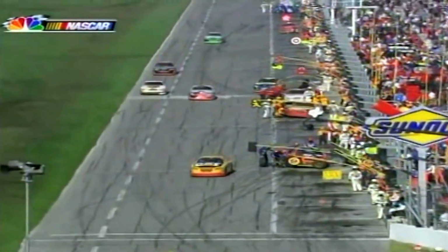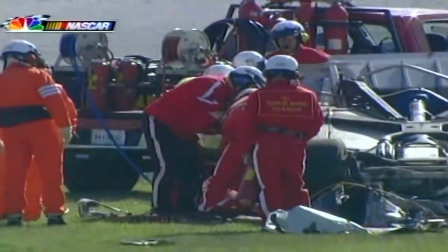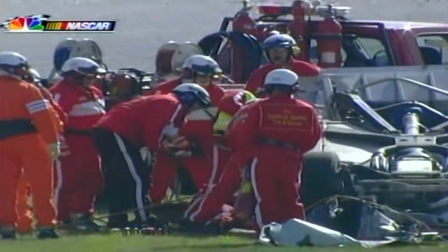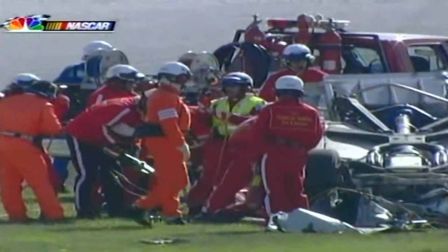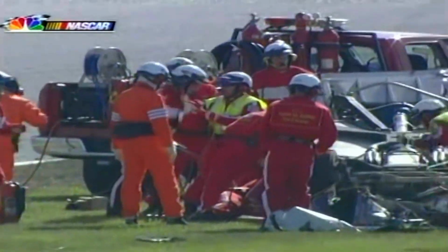See the rest of the teams exiting pit road after their stops. And the work around the Michael Waltrip car to extricate him from that machine after it turned over at least 3 times down the backstretch. When the car slid off into the grass, I saw one of the tires leave the machine, and when that rim that was left on it dug into the grass, it just sent the car kind of cartwheeling over on its roof. And when you're in a situation like that, you are just a passenger, especially when these cars start